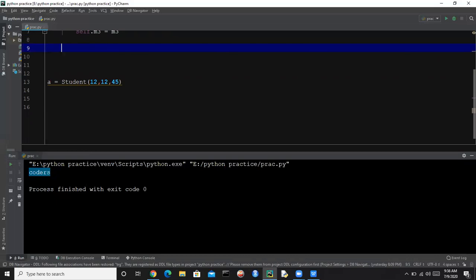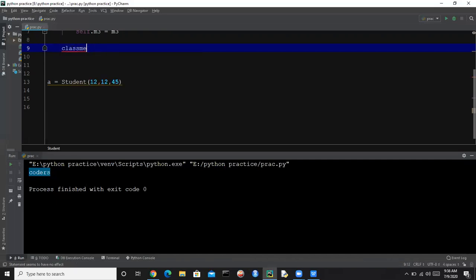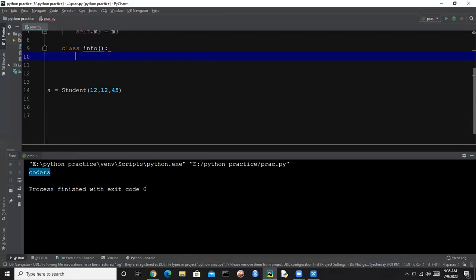So how can we create a static method? Let's say a method called info. We need to just have an info about this class. So let's say print, this is a coders class.